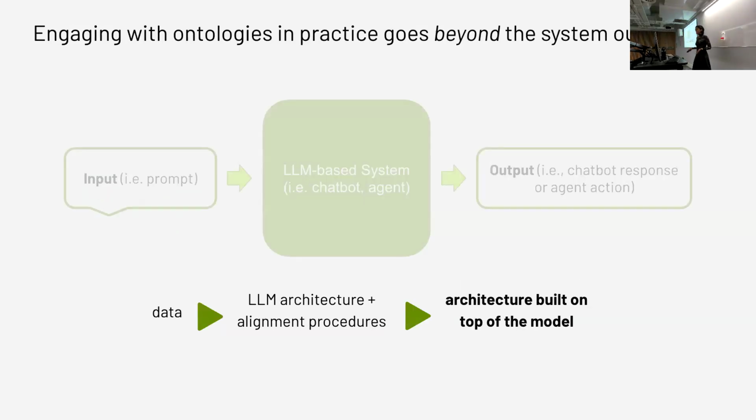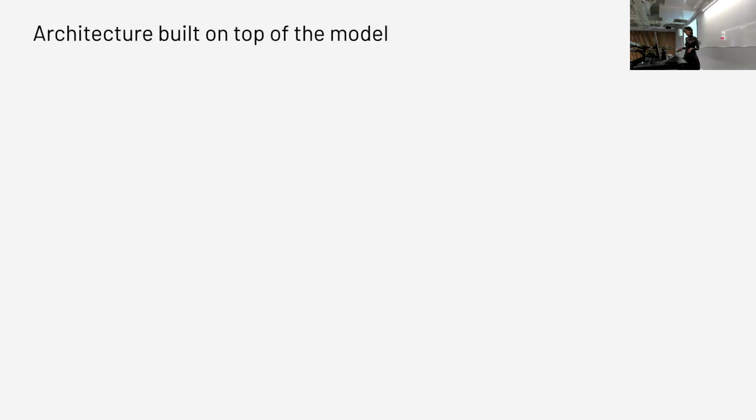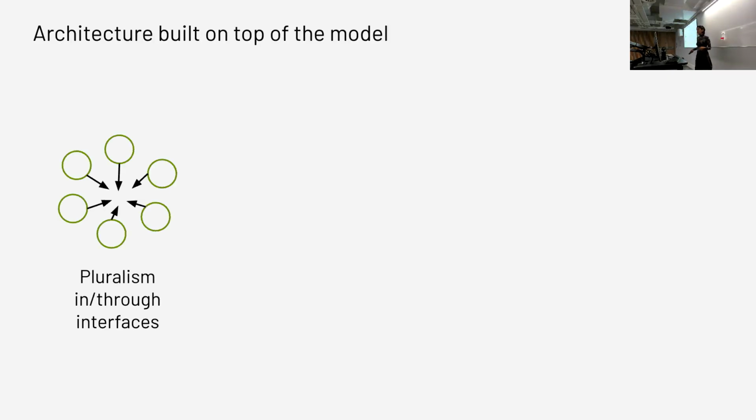And then finally, onto the architecture built on top of the model. At a basic level, we might talk about how interfaces might reinforce plurality as a norm. This is probably one of the lowest hanging fruits: even if we could show ontologically plural outcomes, do we want to take the knowledge and context we have from someone and show them the singular result, or do we want to show some diversity of responses as a way to normalize ontological plurality?